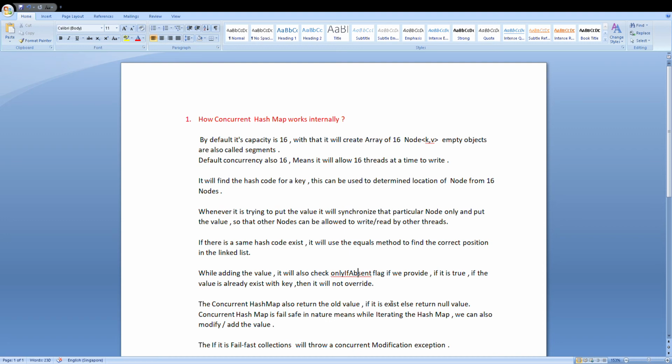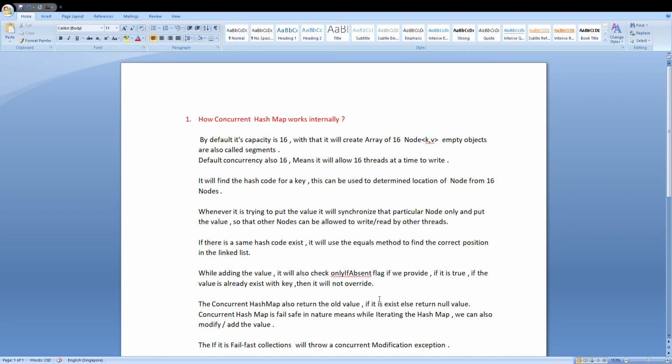Suppose there is a value already existing for the key you provided, and we don't want to overwrite the existing value, then we have to specify that to the ConcurrentMap. So you have to specify the flag, which is available in the putValue method.